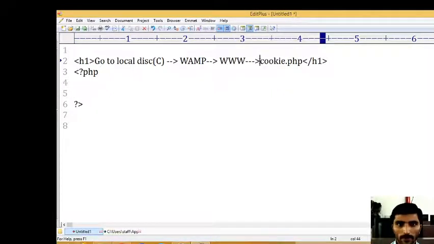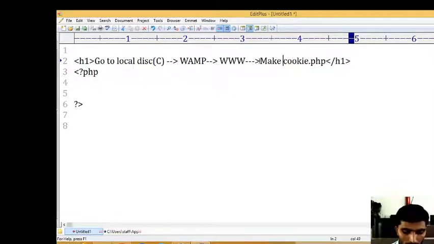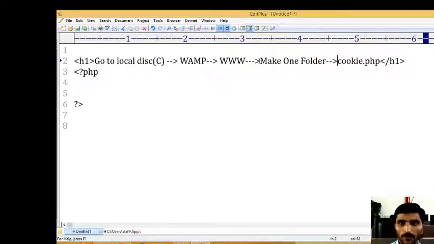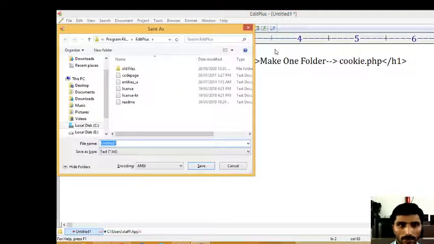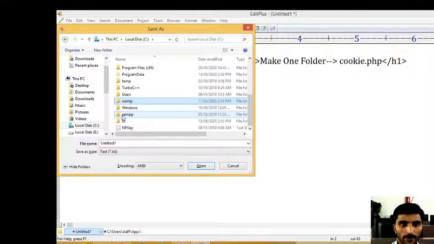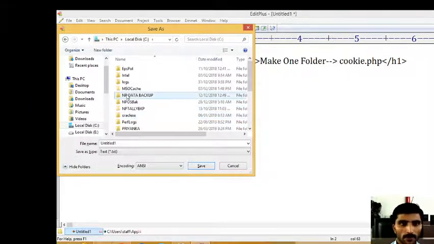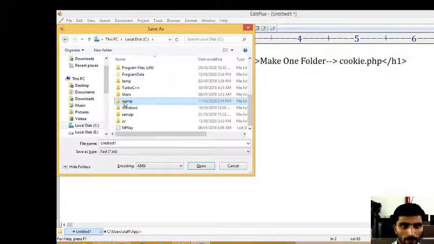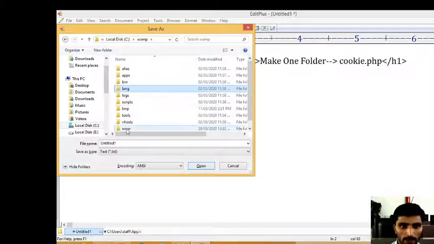First, make one folder, and in that you have to save this code. The file name is .php. See, concentrate. First I go to the local disk C, then WAMP, here WAMP, and in that www.